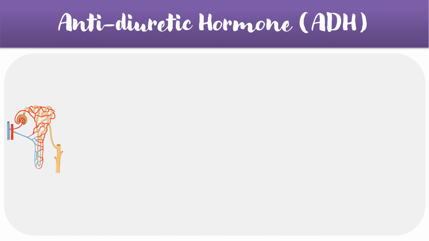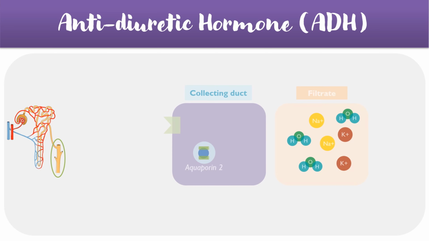For this second effect of ADH, we can actually take a closer look at the collecting ducts to see what happens at a more cellular level. So what normally happens is that when ADH binds to its receptor on the collecting ducts, it triggers aquaporin II channels to fuse with the cell surface membrane, thereby allowing water to be reabsorbed from the filtrate into the collecting